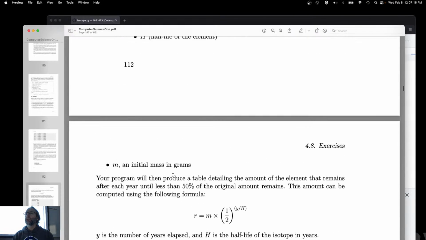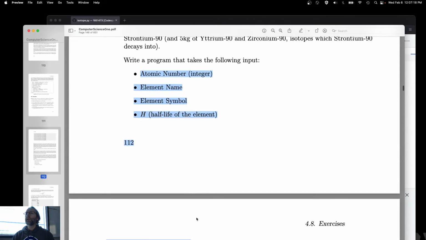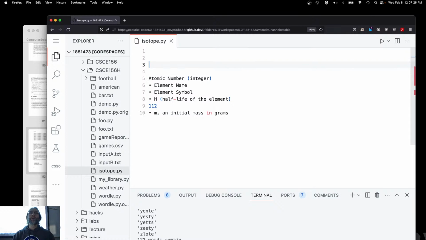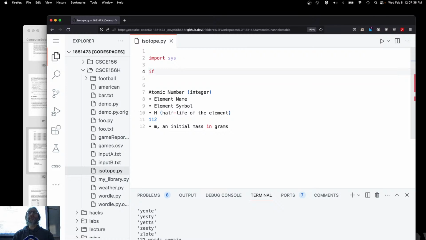All right. The first thing I want to do is read in command line arguments. Remember, I'm reading in these 5 arguments: the atomic number, the element name, and the element symbol. All right, there we go. Let's copy that over so that we remember what they are. First of all, how do I even start with command line arguments? I need a library to do that. That library is what? System. All right. Now I can check to see if I got the correct number of command line arguments. If the length of sys.argv is not equal to these 5 things that I'm going to be reading from the user, plus the actual file name, isotope.py, if it's not equal to 6, then we will